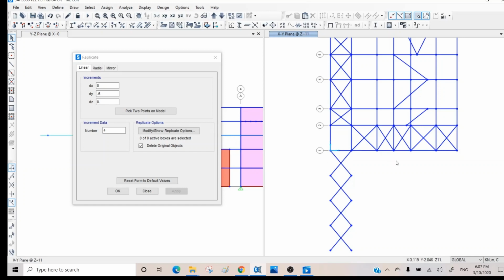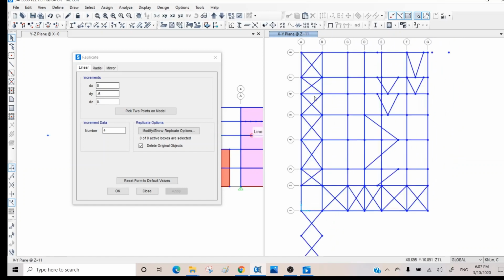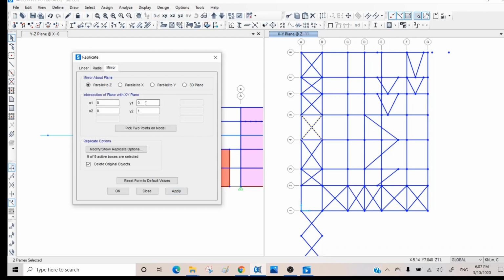Or the other option we have is mirror for replication. If I choose this brace and I want to put it here and mirror it, I need to know exactly this span. So this is x30, this is x0. So the mirror line would be x15. So I need to come here and say x15 for both of them, and then y0 and y1. That means the line is aligned with y on grid x15,